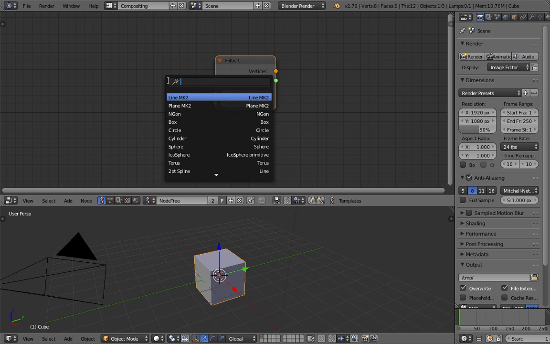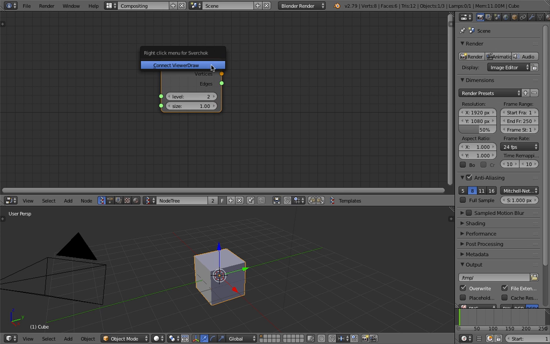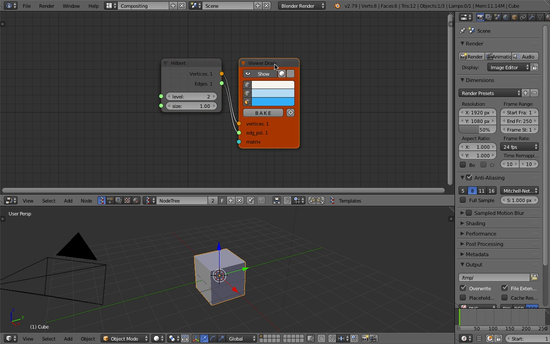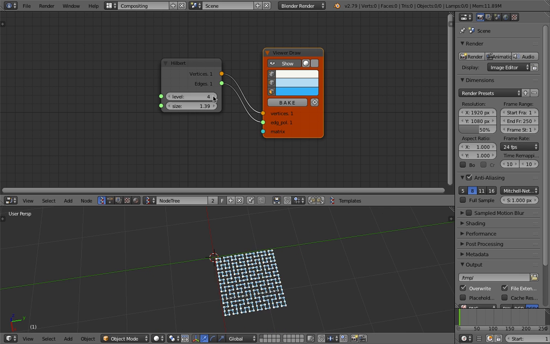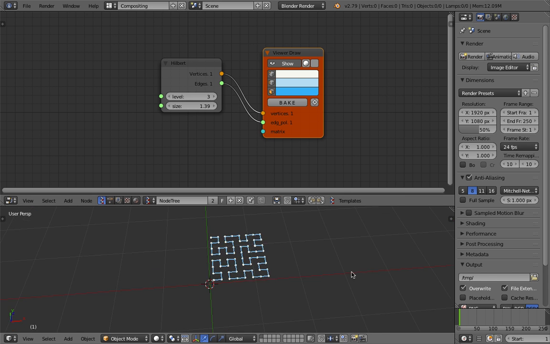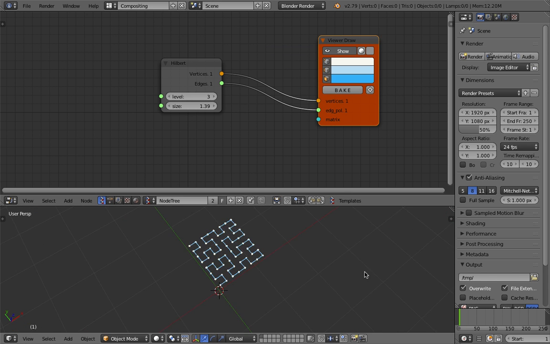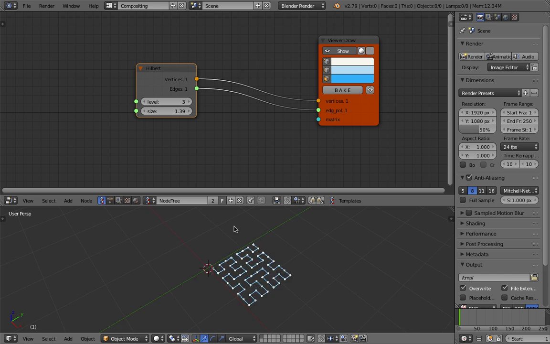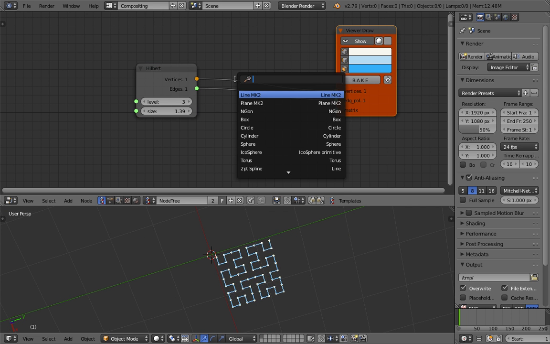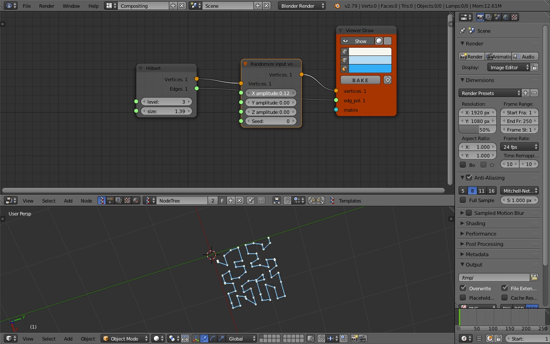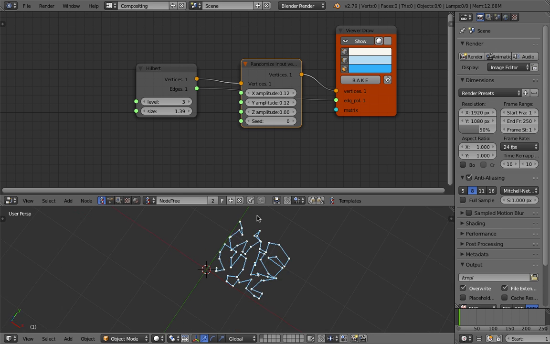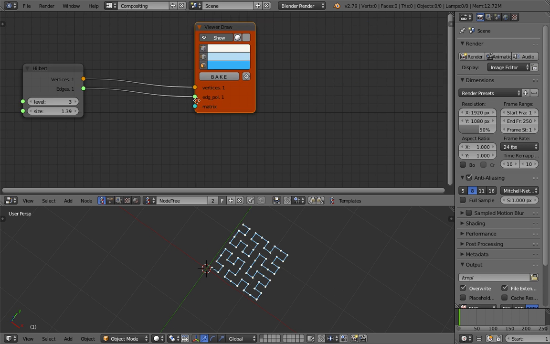If you just plug this into the viewer node, you can just right click and connect the viewer draw. You will actually get a result right away, and you can scale it, you can increase the level, and it is really simple. It's kind of like a quick way to get this kind of weird design, and you can of course plug in a randomizer if you like, and randomize in X and Y, and you get that. For this guy,